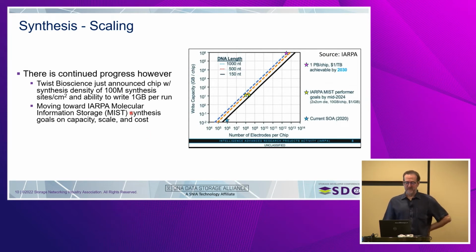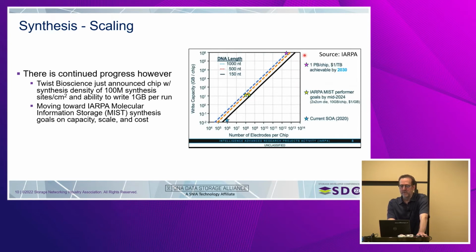So the chip I just talked about in that study had 25 million synthesis sites per centimeter squared, and Twist Bioscience just announced a chip with 100 million synthesis sites, and they can write about a gigabyte per run. You load it up with reagents, et cetera, do a run, 1 gigabyte. And the reason I mentioned the 1 gigabyte is that IARPA created a program, the Molecular Information Storage Program, and they've